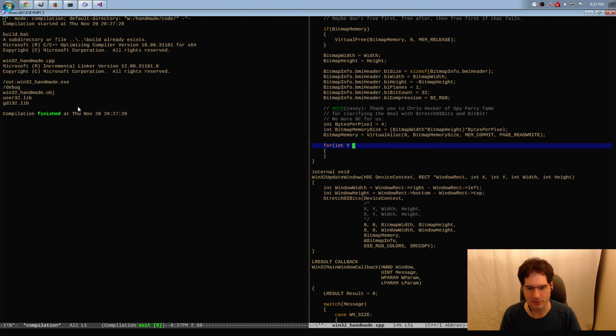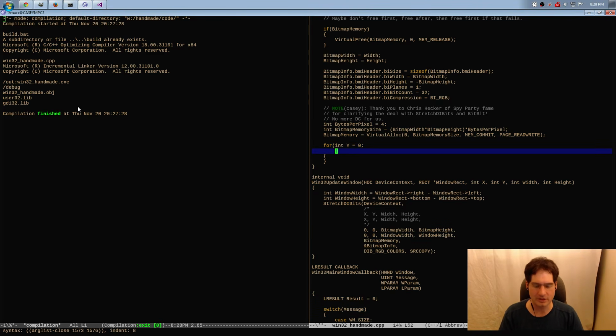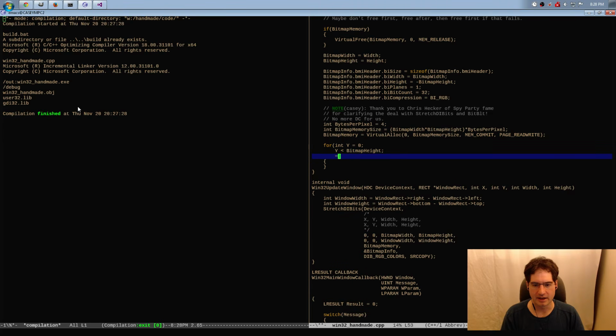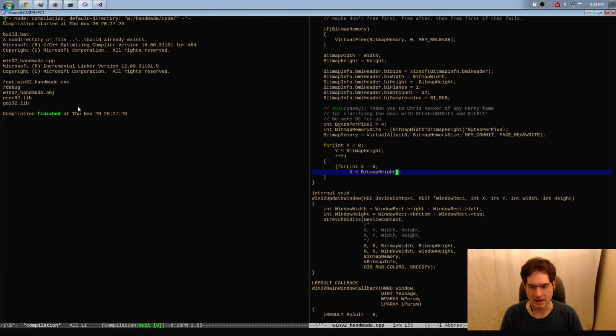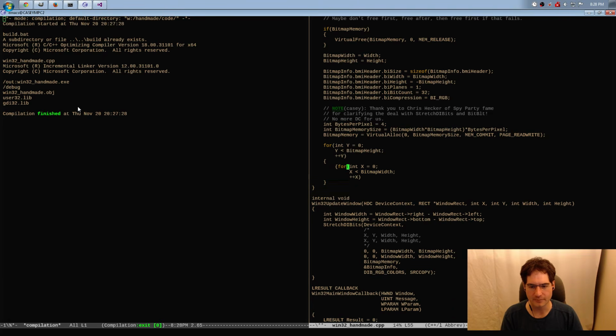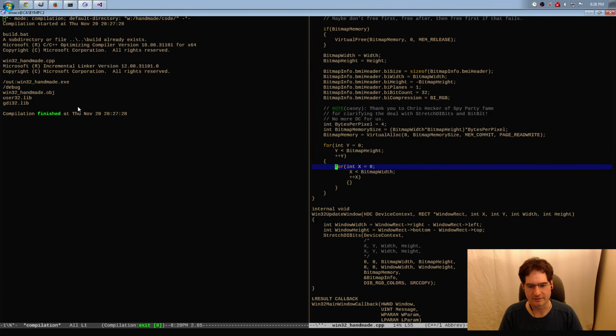We are going to go row by row through this bitmap, ladies and gentlemen. So we are going to start with a for loop that goes over the bitmap height, and we are going to look at each individual row, and for each individual row, we are going to go ahead and go over each pixel in that row, and for each one of those,